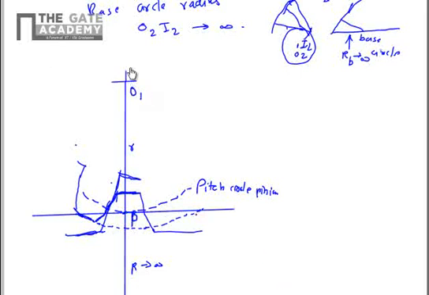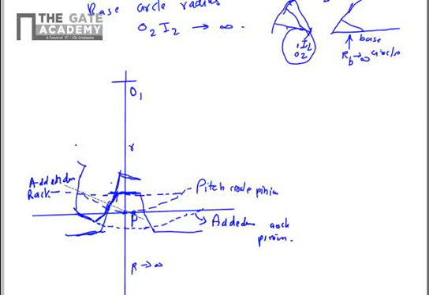And this is the addendum circle of the pinion. What about the addendum circle of the rack? So this is the top face of the rack. There will be a straight line passing through the top face, which will be the addendum circle of the rack. And there will be a pressure line. The pressure line is the line joining the pitch point to the point of contact, so it will look something like this. The point of contact and pitch point are joined and extended on either side. So this is a force line, a pressure line.